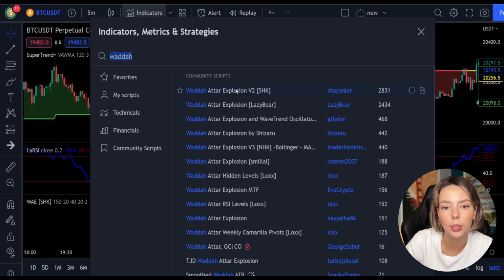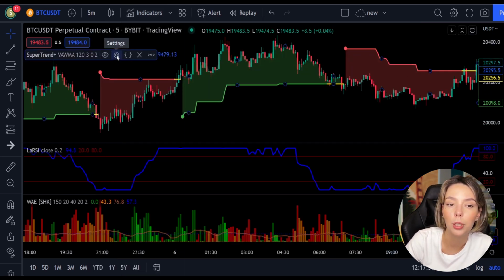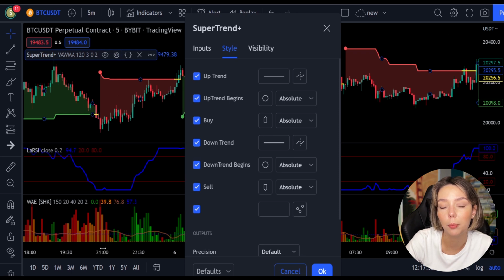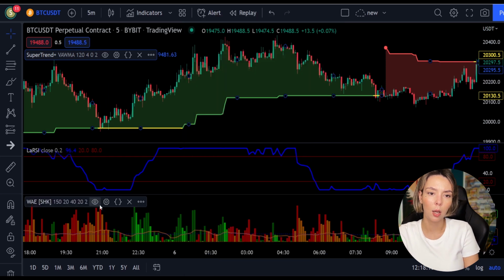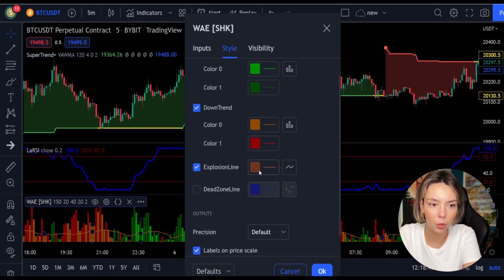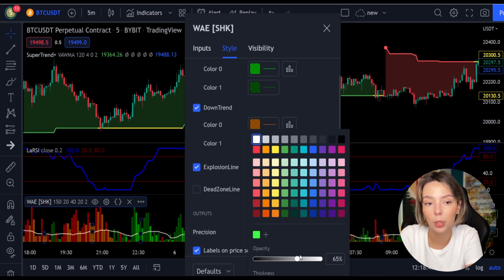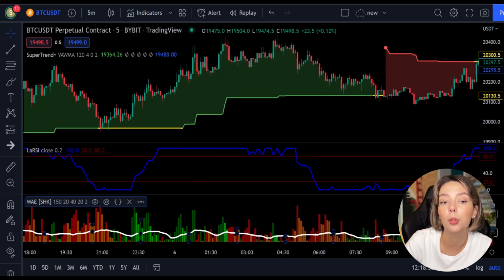Now we need to change the settings on these indicators. Here we will go in settings for Super Trend Plus and change the Super Trend multiplier from 3 to 4. And now in settings for Veda Eta Explosion, in the Styles section, let's get rid of the dead zone and make the explosion line a bit more visible. Now our charts are set and we can get into the strategy,